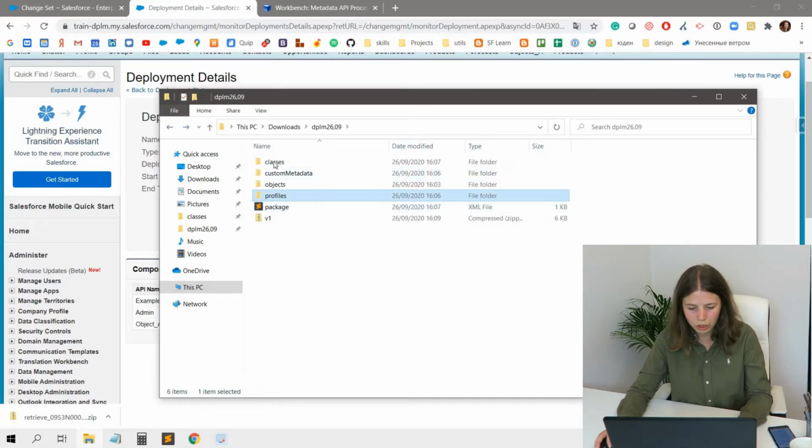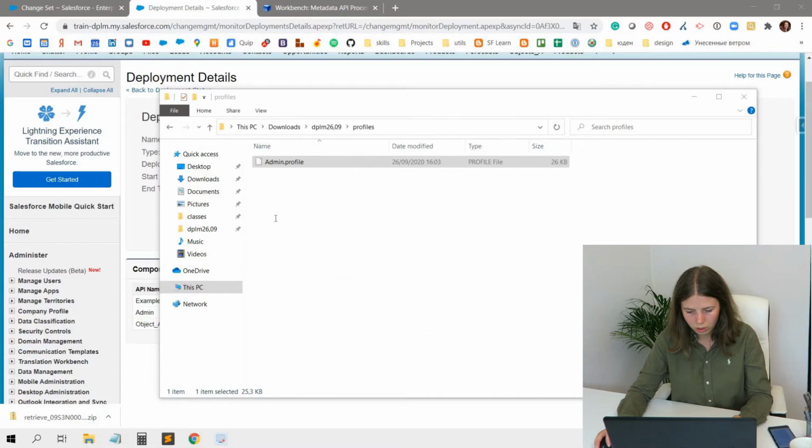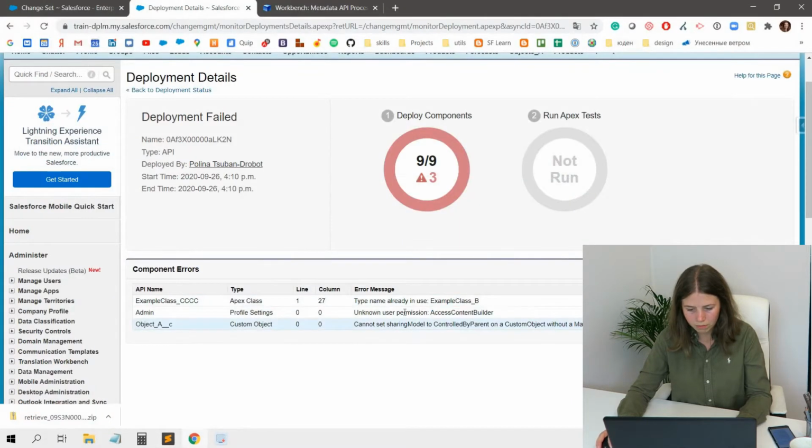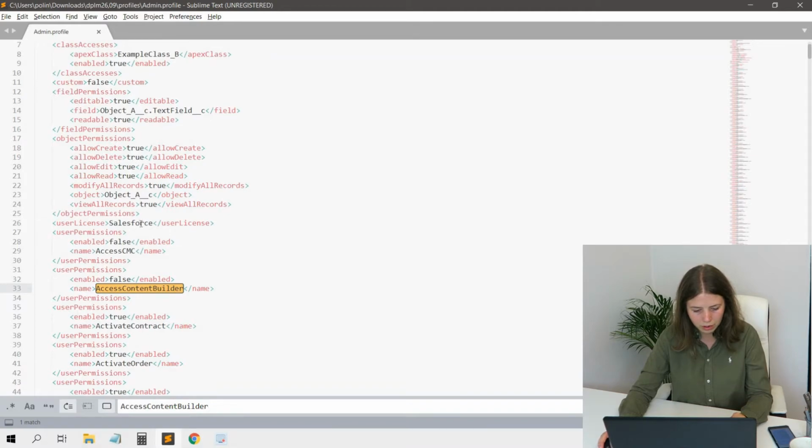Sublime, yes. And this error is usually only on profiles, let's say, when we have some different user permission not existing, because the orgs can have different configs, and we will just for now remove these as well as,